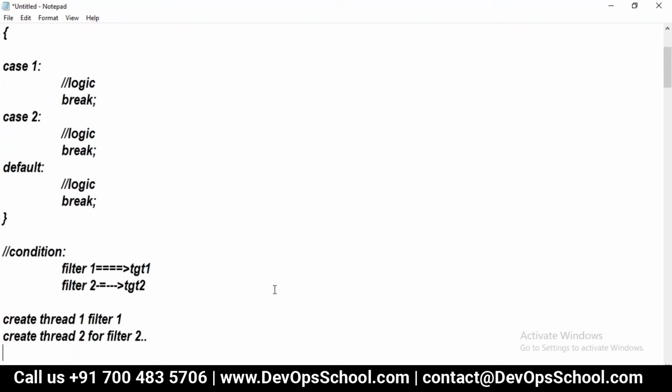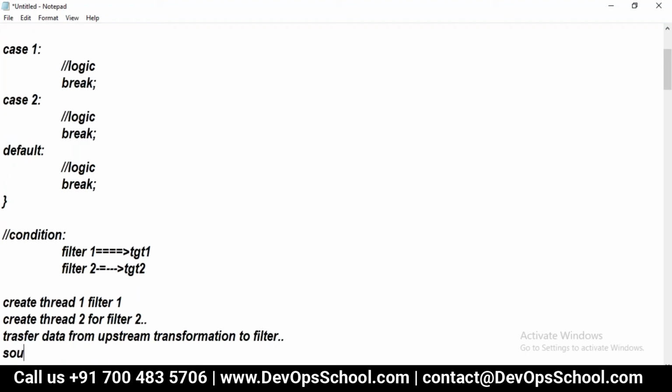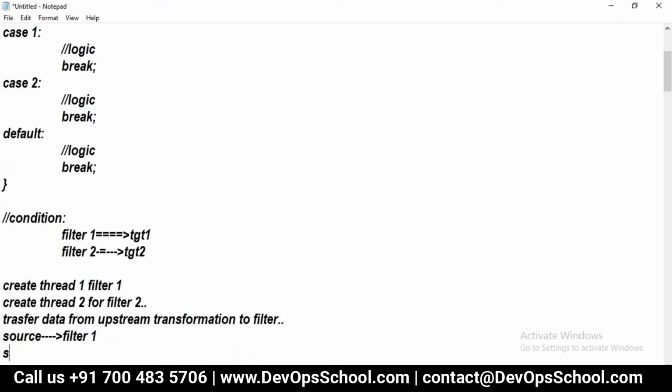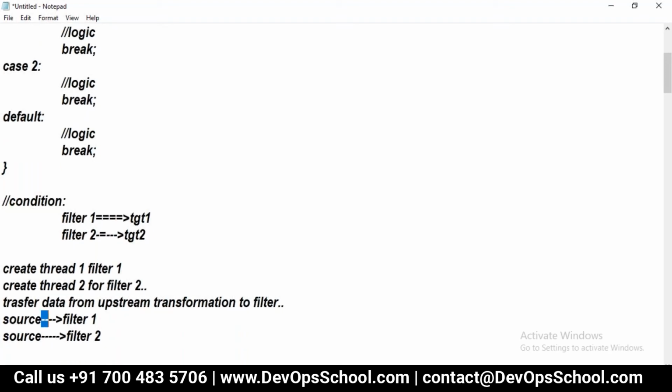Next, it also has to transfer the data from the upstream transformation to the filter transformation. So it means, let's say the source should be connected to Filter 1, and the same source should also be connected to Filter 2. Correct, no? So here there is a transfer overhead. One is required anyway. This is extra. So this is what we call transfer overhead. Clear, no? This is one more bottleneck we have. So these are two issues with